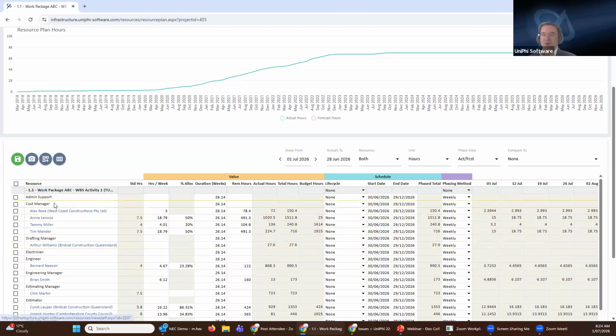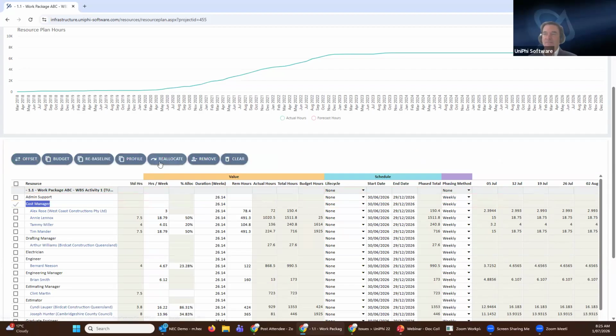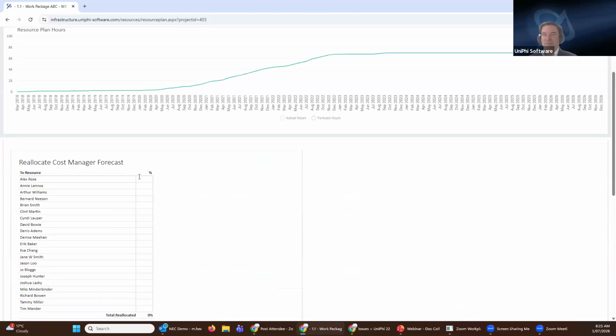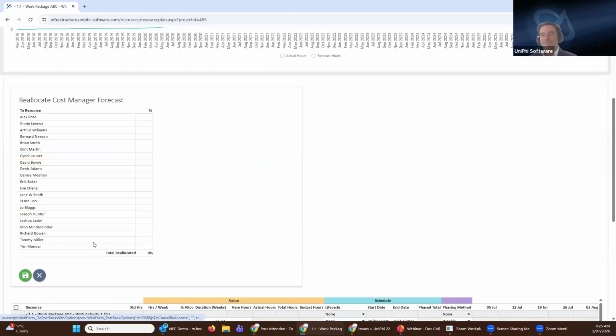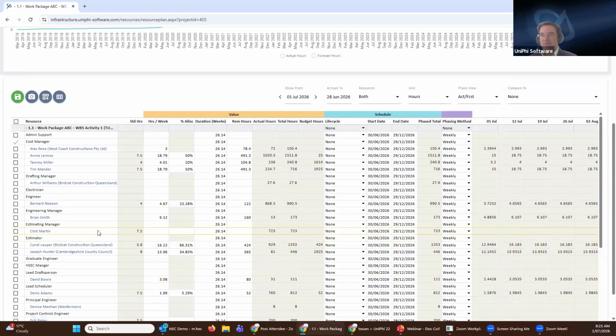It's done either by a classification that you define or by people allocated to the job. What tends to happen is in the beginning of the job, it'll be done by classification because you don't know who's going to work on it. We've just done the submission and finalized it, and we're baselining it off that submission, which is against classification. And then we will reallocate these hours to people. So when I go to reallocate, I can spread that classification out over the people that are going to work on it, and they will then inherit those hours.